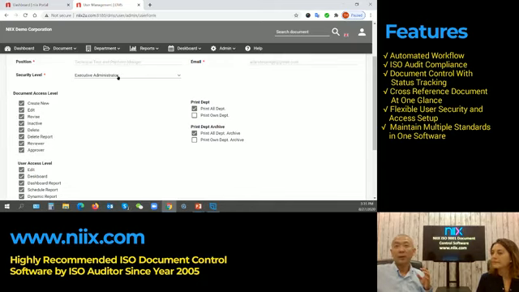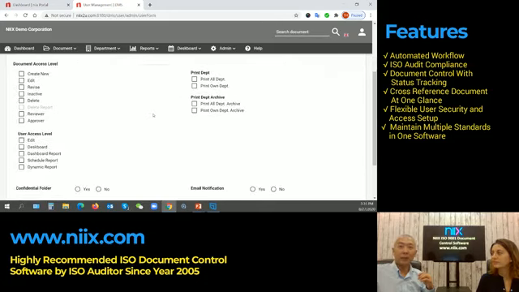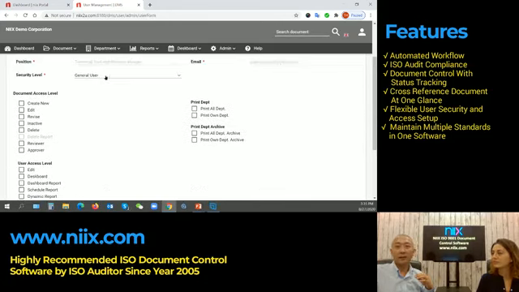And let's say if we look at the general user, we need to set who can do what in the system. So the general user, by default, is only able to view the document. Yeah, view the document, not even able to print the document and so on. As the second level, we call it supervisor. By default, the system allows this person to view and print out documents from his own department.